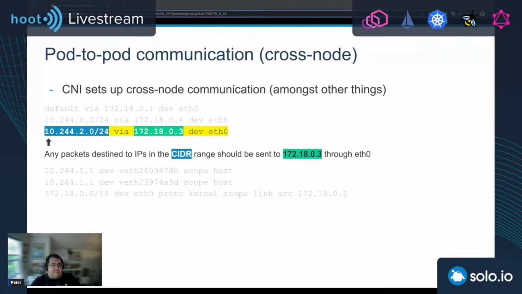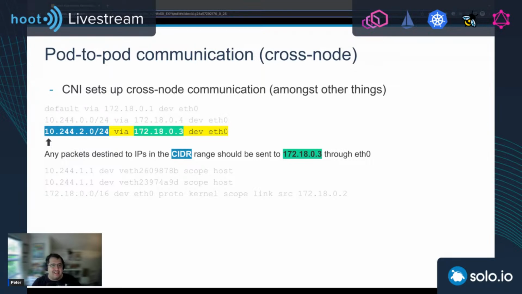So if we look at the routing table on one of the nodes, we'll see that the routing table will specify where the packets should be sent. So for example, on the slide here, I have an entry from the routing table on node 1. This output is from node 172.18.0.2 that specifies, amongst other things, where the packet should be sent for pods that are running on node 2.